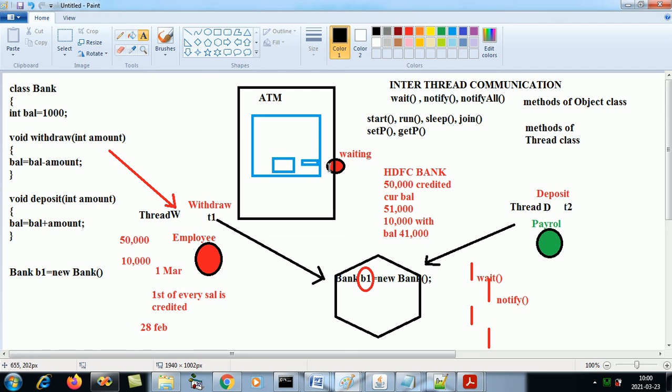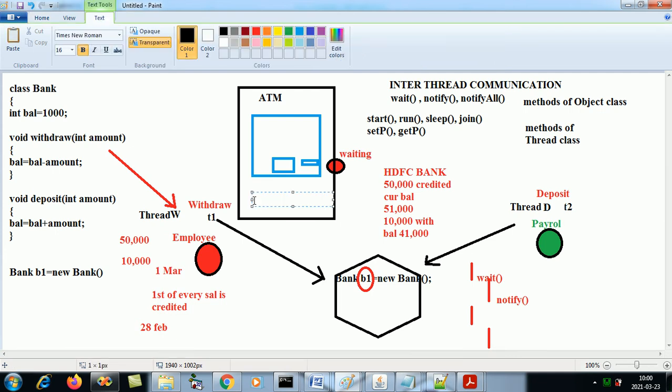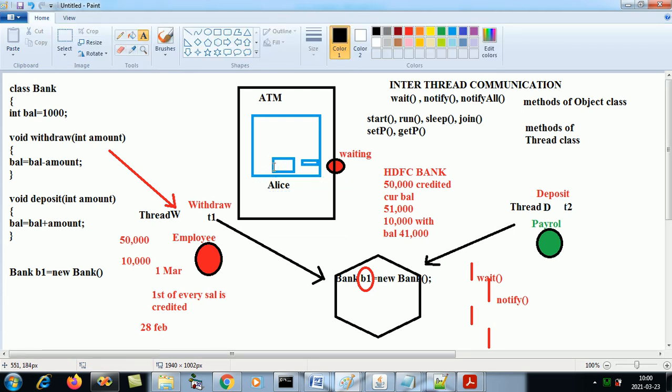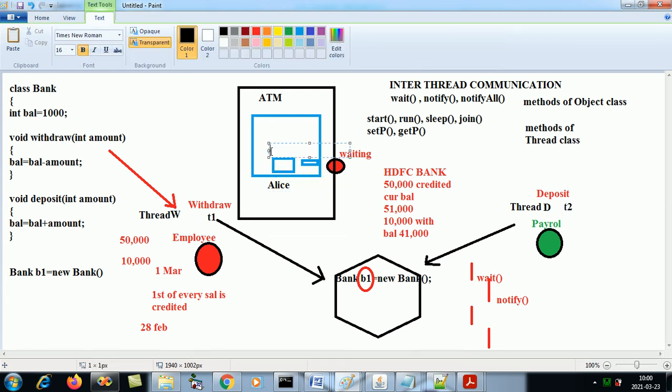Now let's take up another example, which will help you all understand this concept better. Let's say Alice goes to the ATM, and Alice then sees a message over here: no money, ATM out of funds.